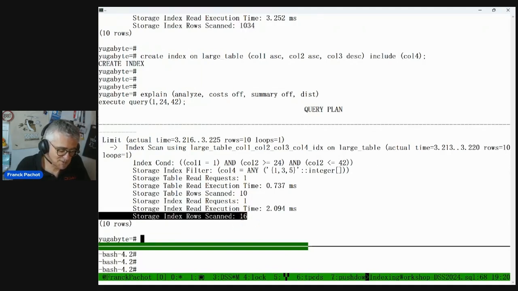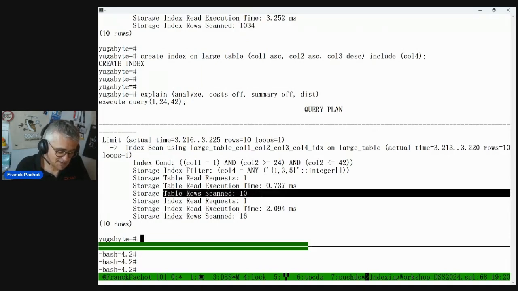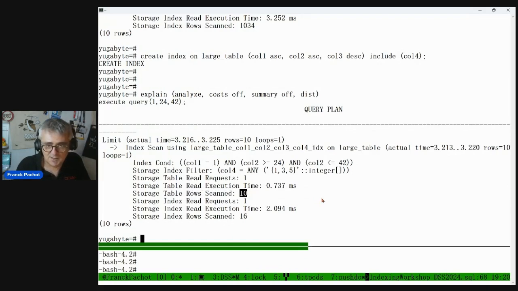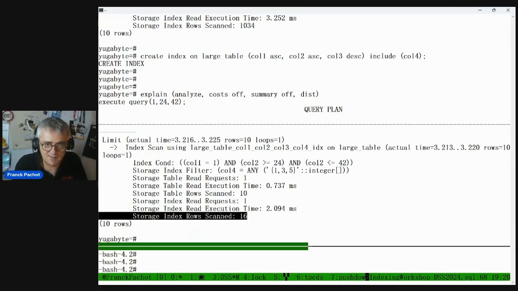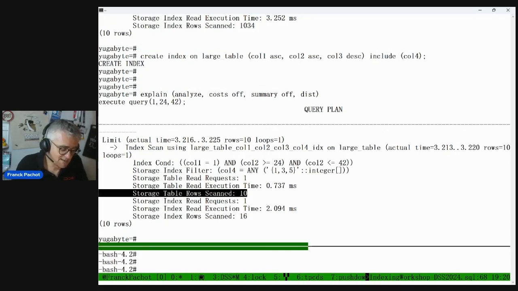And for those 16, I was going to the table, and in the table, I had only 10 to scan there. Because after 10, I stop. Because there is no sort, there is nothing else, just the limit. After 10, I stopped. So basically, for 16 index entries, I have to read 16 table rows, but then